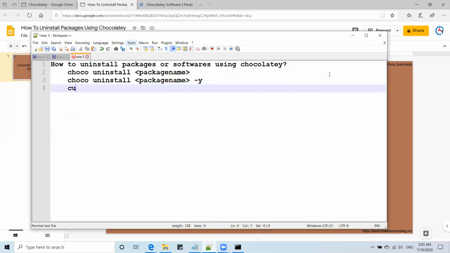You also have a shortcut for uninstall: C uninst, space, package name. That's it. Here also -y. Sorry, the -y is optional. You can put it, or you cannot put it. So as part of this video,